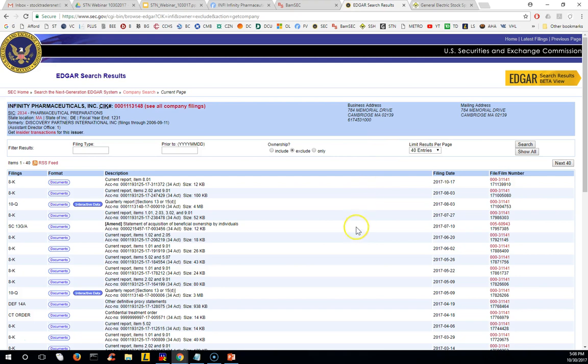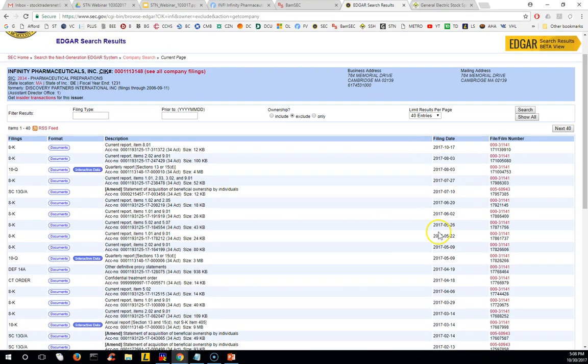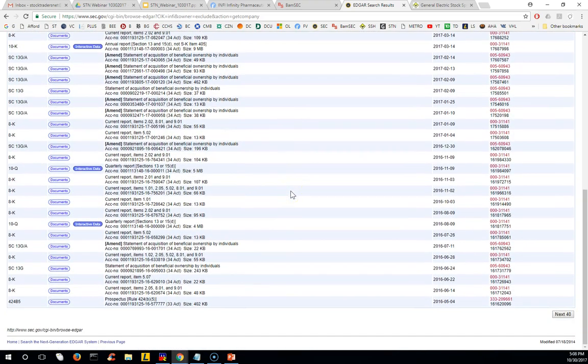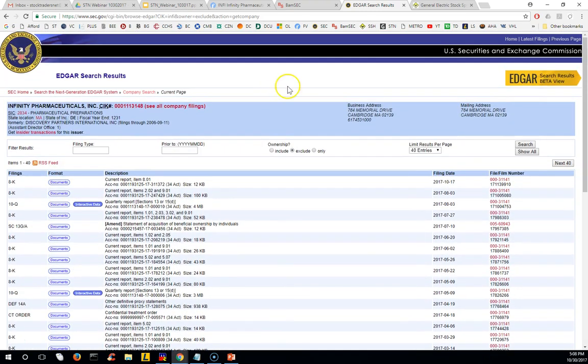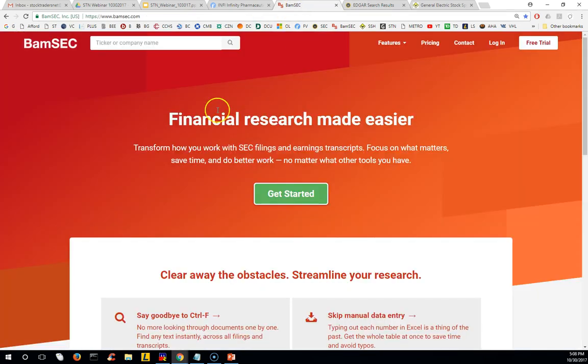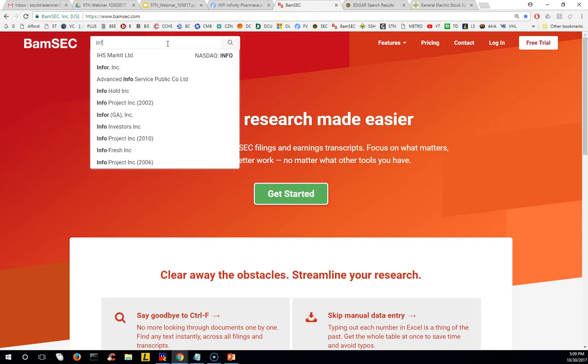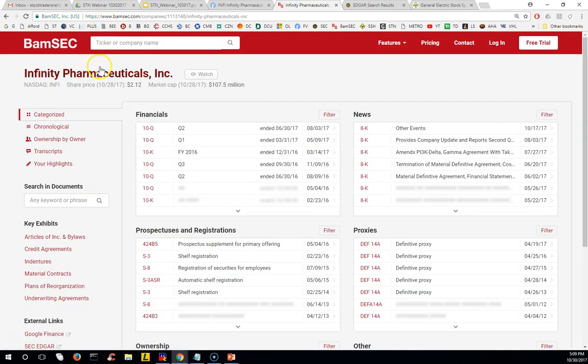Now you'll notice the format of the information is in chronological order. It doesn't really break out the filing types, and it just goes on and on and on. There's probably hundreds and hundreds of filings. So this information is available, but I also use BAMSEC. BAMSEC is free for the most part. And you'll notice I typed in INFI for our example, but it's presented a different way, and in a way